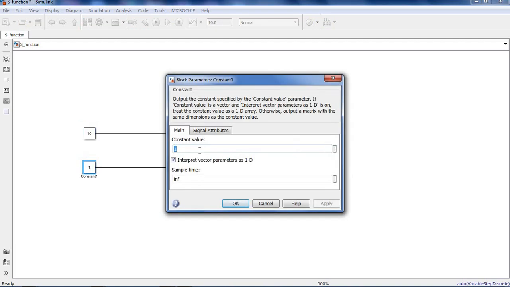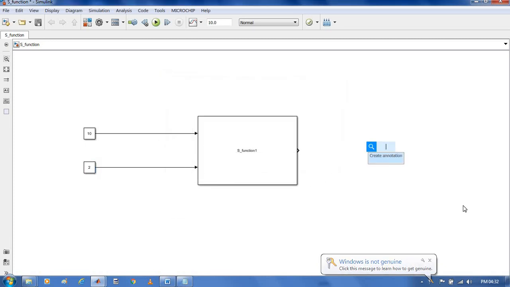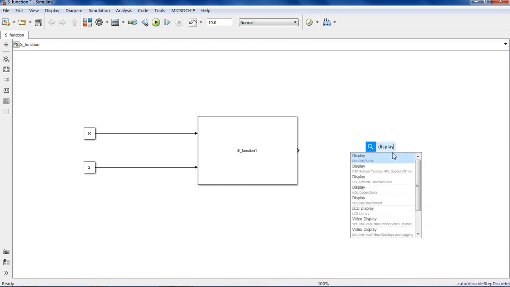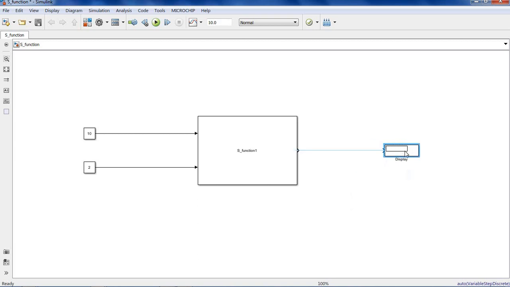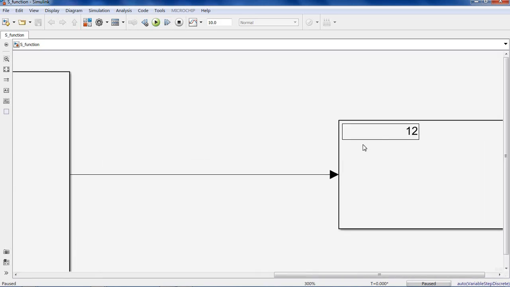And for this block, I will write again the value as 2. And for result purposes, I will take one display block. Save the model and run. See, the answer is 12.